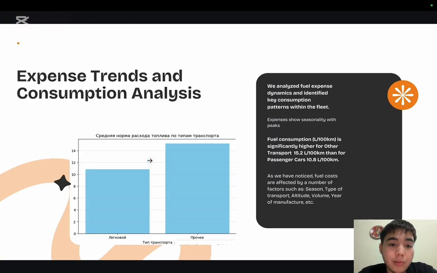Expense trends and consumption analysis. We analyzed fuel expense dynamics and identified key consumption patterns within the fleet. Expenses show seasonality with peaks. Fuel consumption is significantly higher for other transport, like for passenger cars it's 10.8, and for other types of transport